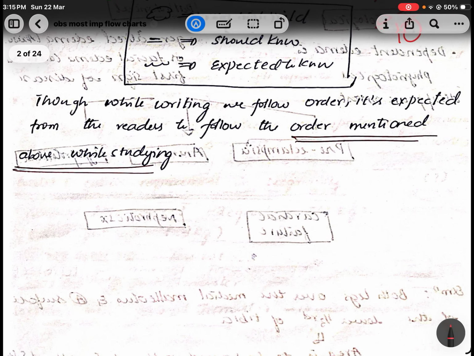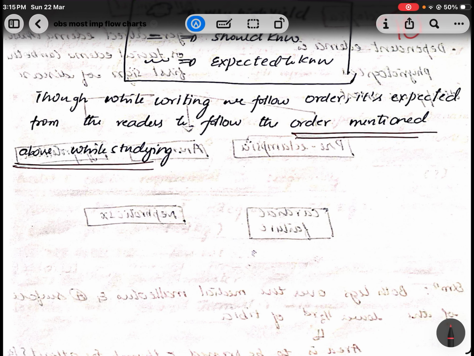Then again, about the management, right? Whenever you are doing intrapartum care, for example, that's why I will be discussing preterm labor first. Okay, you know about preterm labor also. You have early preterm, late preterm, all those things, that is fine. But what I wanted to emphasize is that whenever you are delivering, for example, you are writing a management protocol, make sure while writing that if it's less than 32 weeks,